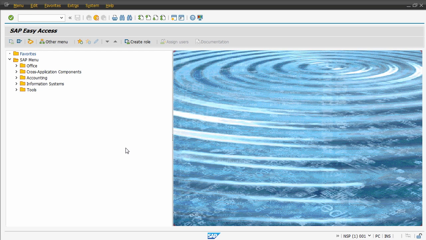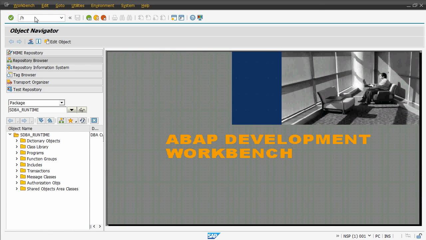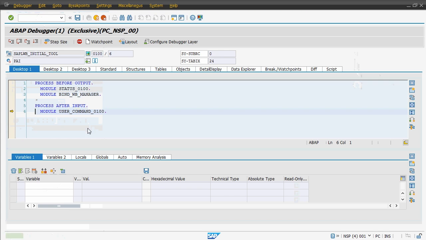One thing that I didn't do before was showing that we can also change attributes of objects, not only structures, tables, and variables. And more and more SAP code is object-oriented, so this is also something that is often needed. So let's see with an example. Let's start a transaction that has some objects, and switch to the debugger,